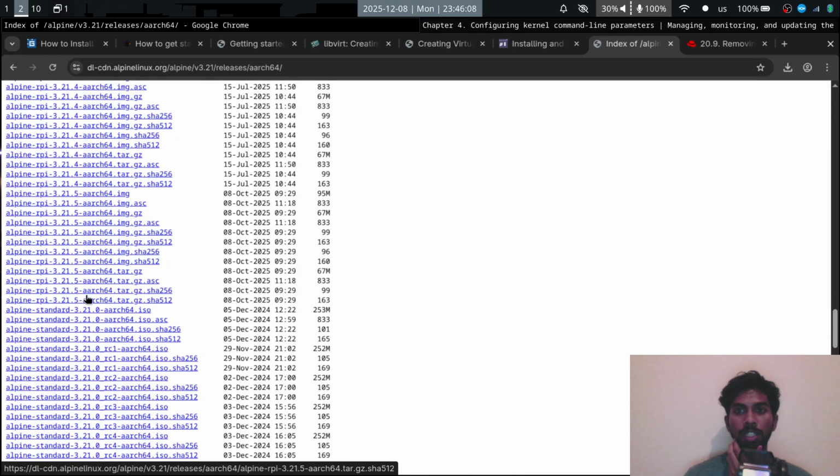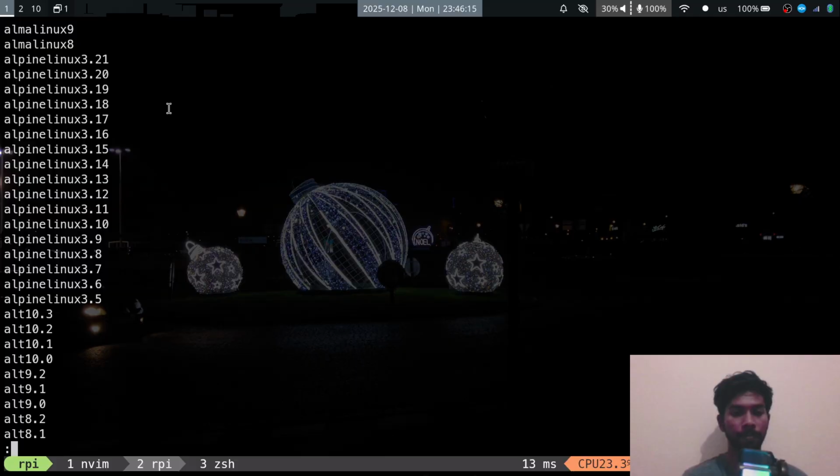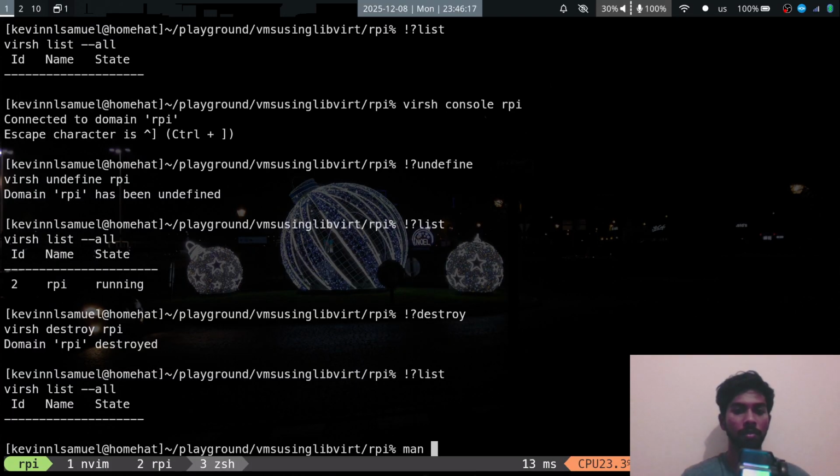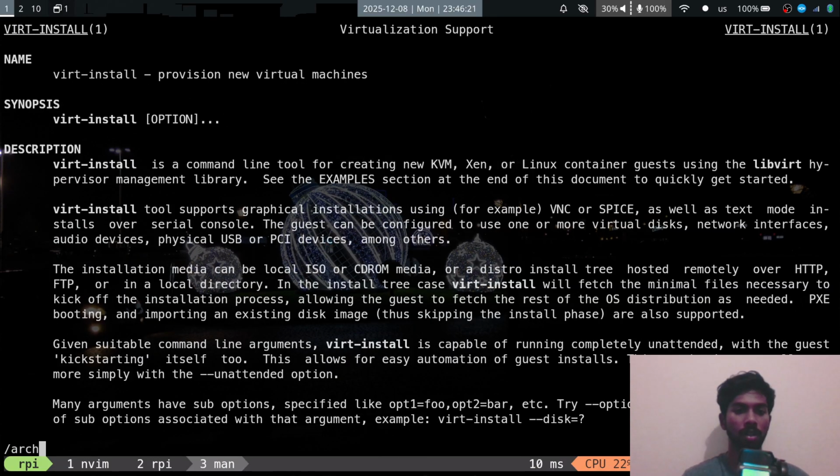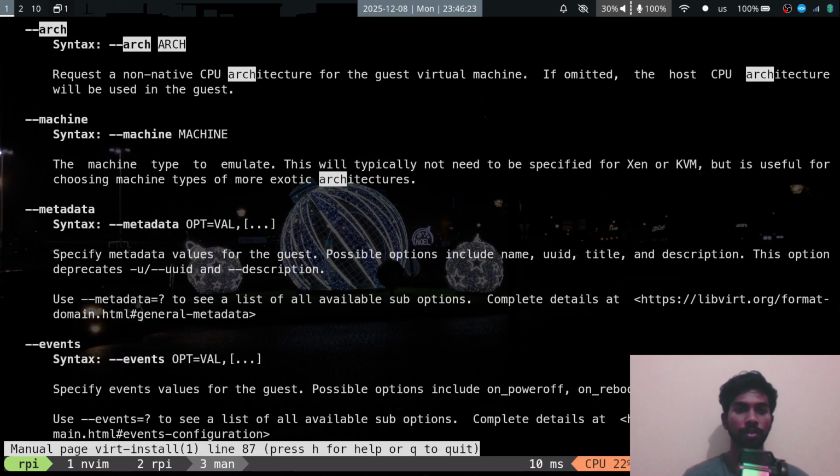RPi. Oh, wait a second. I didn't choose the architecture. Completely forgot about that. Man virt-install, architecture. Request a non-native architecture. If omitted, the host CPU architecture will be used in the guest, which will obviously not work. So,